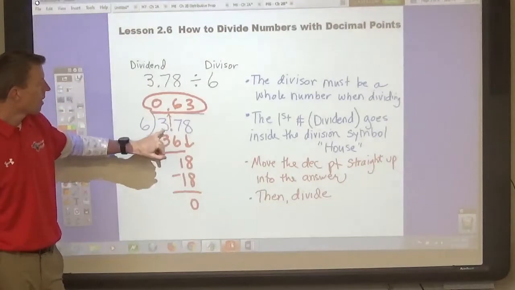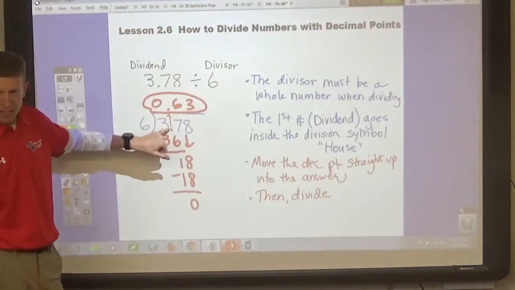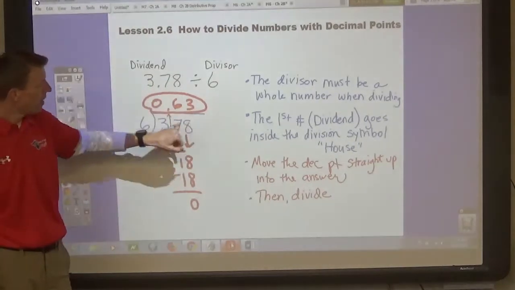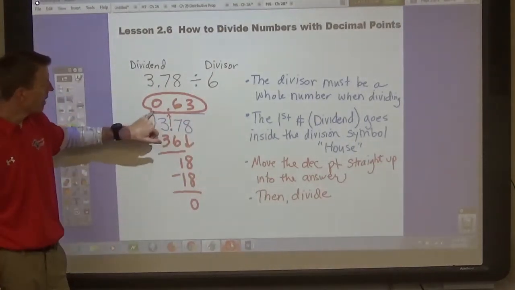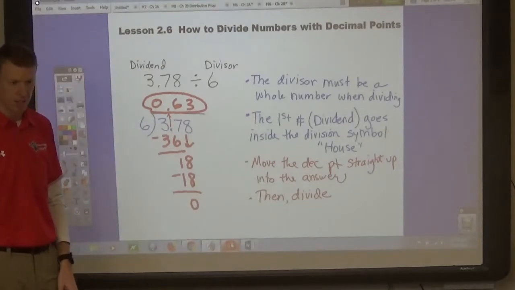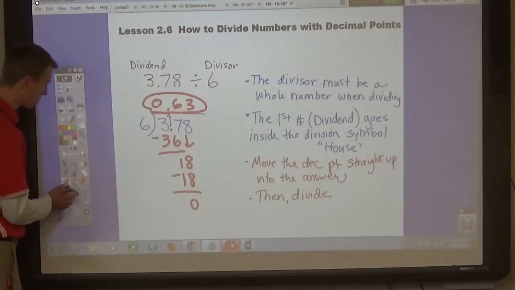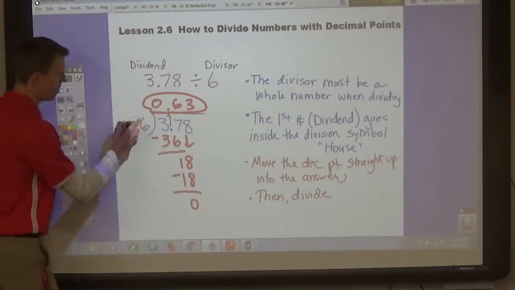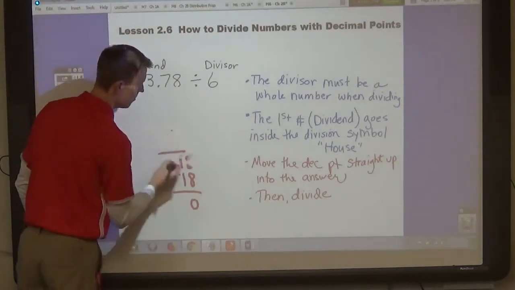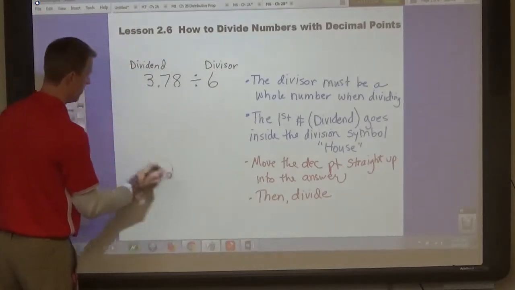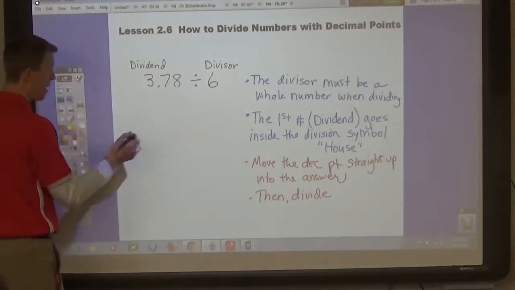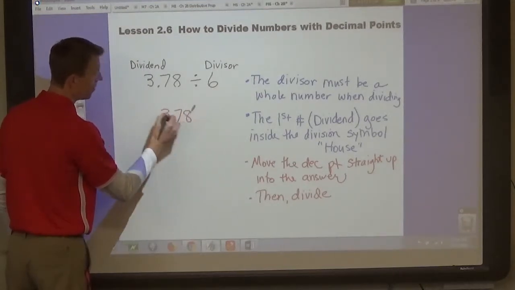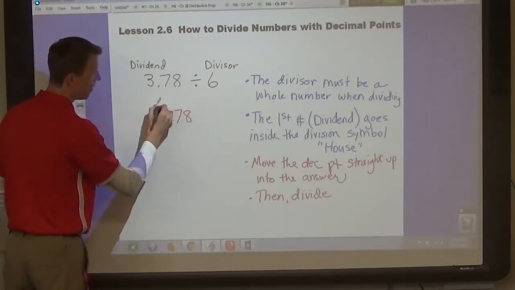First, set up the problem carefully and put the first number, which is the dividend, inside the house, inside of the division sign. Okay? So if I were rewriting this problem, I would write this as 3.78 divided by